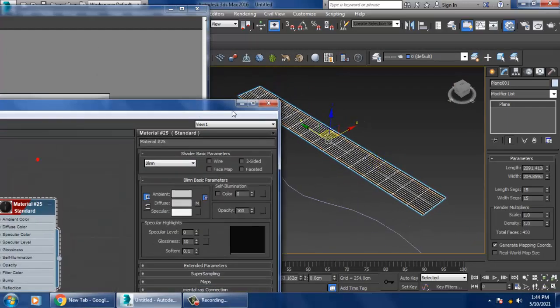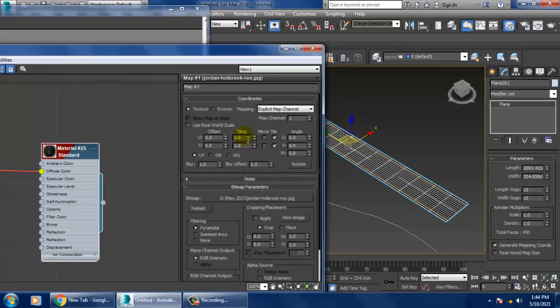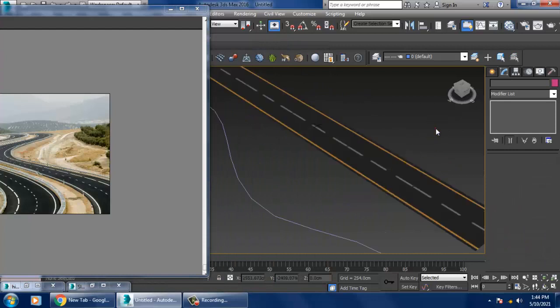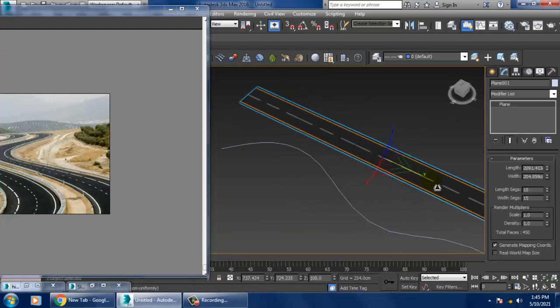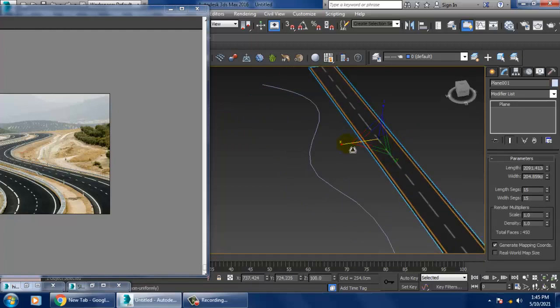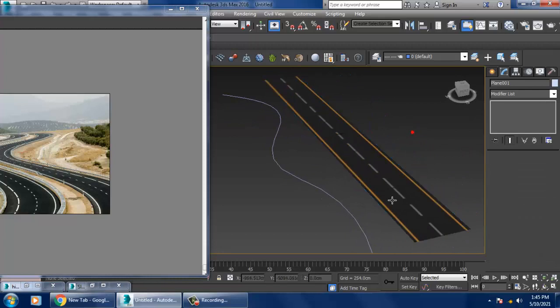Once you have assigned it, I need more repeats, so I can increase this. I'll keep this as 1 and increase this to 5. If you look at it closely, I'll slightly scale this a bit and I'll select this.